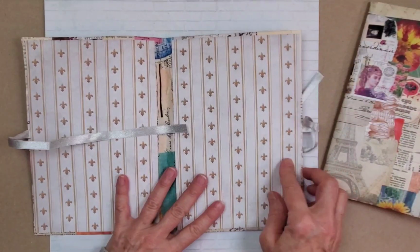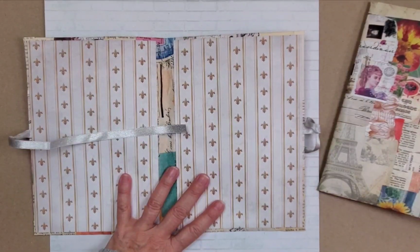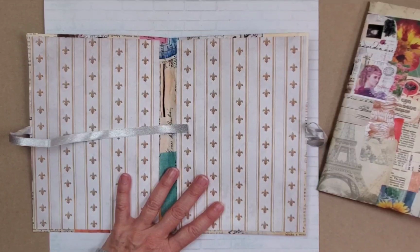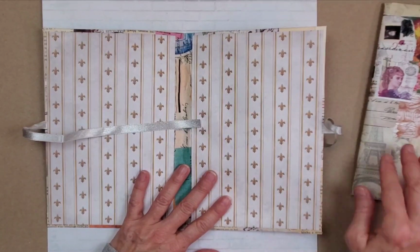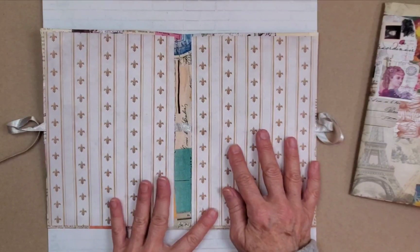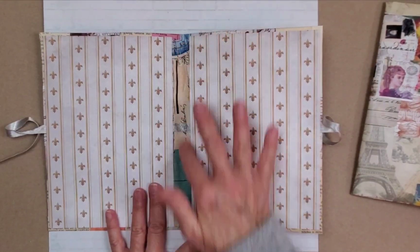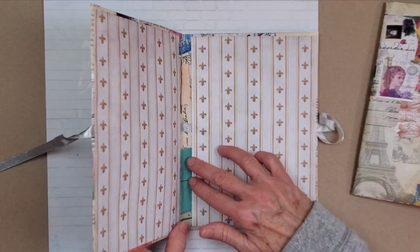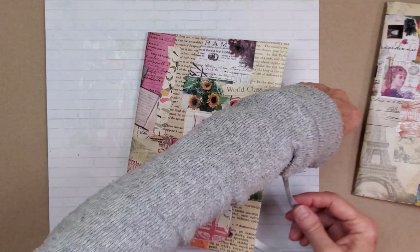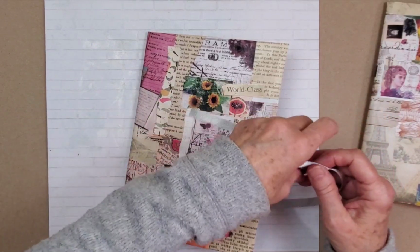The string binding is a lot of fun as well. I'm going to turn that down a little bit. Sorry, I'm really working at a big disadvantage here today, but I am doing the best I can with what we got going on. Again, the fabric in the middle, and this allows you to sew in a signature or a couple signatures. The book is,